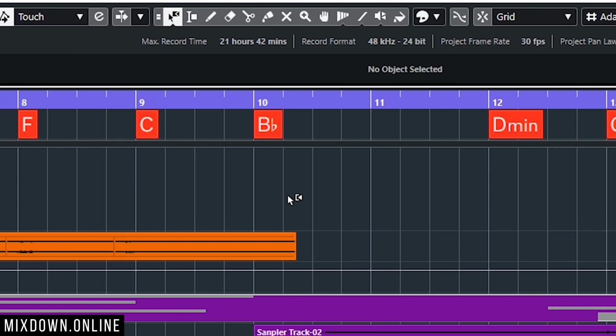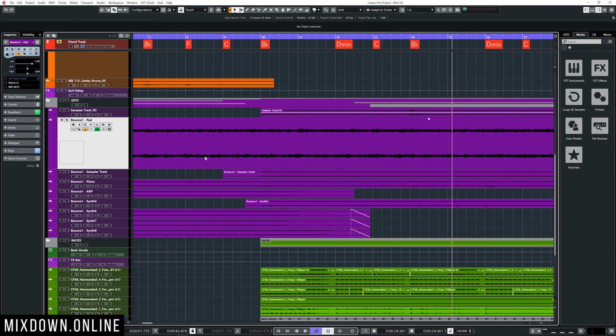Now, what they added here is very nice. They added a small feature called the combine selection tools, where you can activate on the left of the object selection tool right on top. And that will combine those two tools, the range selection tool and the object selection tool. So this way, depending on where you are on the track height, you can have the range selection tool activated or the object selection tool activated.